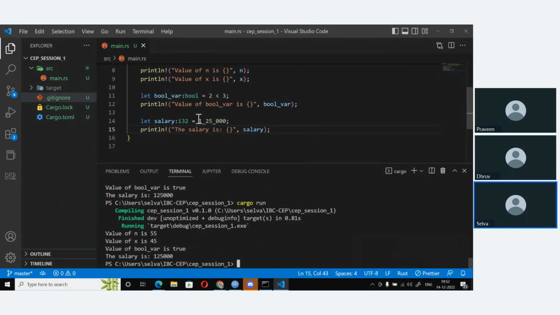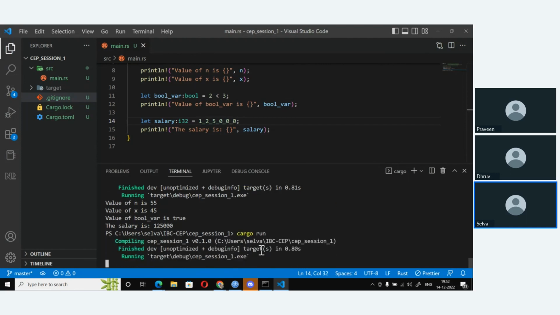However, when I'm reading the code, it's very clear. So to break this numeric literal 1,25,000 into 1 lakh and then 25 and then 1,000, you could do that by putting an underscore. In fact, it's not like you have to put it here only. If I put it like this, and I save this and run it, see what happens. It works.